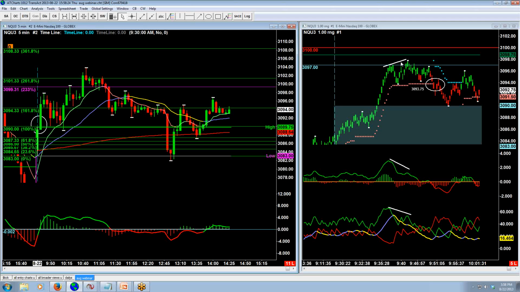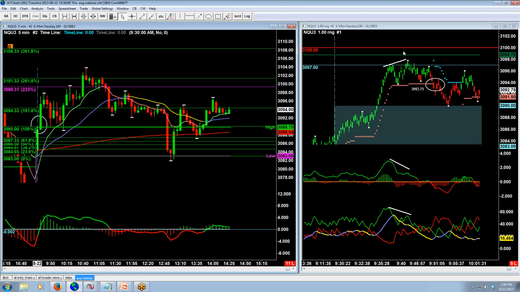Now this morning, because I have a lot of resistance above me, I've got 3,100, which is the round number area, which the NQ and most anything else often has trouble getting through. This green line is the high from yesterday, and 97 is a resistance area that we had been watching for a long time. So as we're coming up to that, I'm still holding a portion of my contracts. I'm out the first target, and now I'm waiting to see if we can get through this area pretty easily,